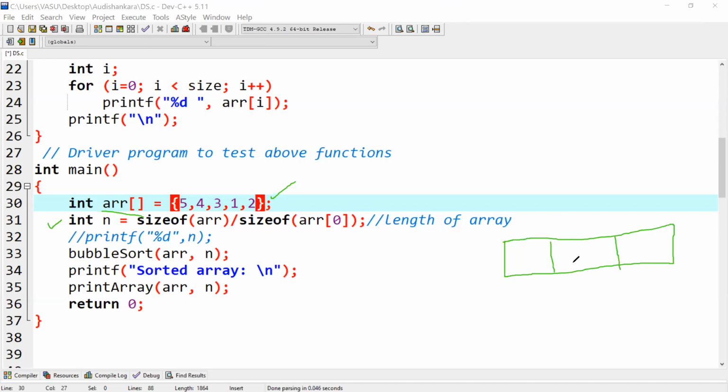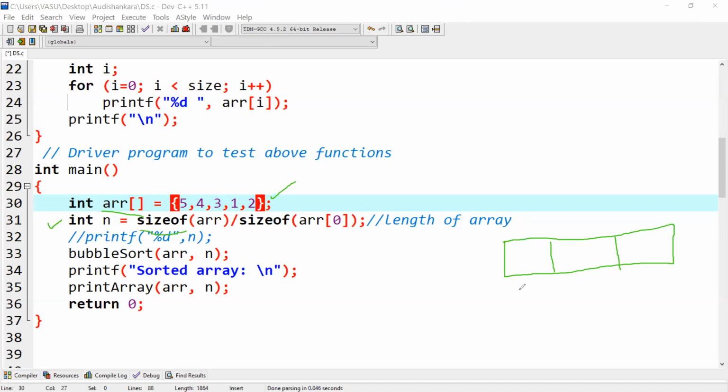If I have this array of 3 elements, what will be the size of these 3 elements? This array of size 3? 3, or something else? See, I am using the sizeof operator over here.